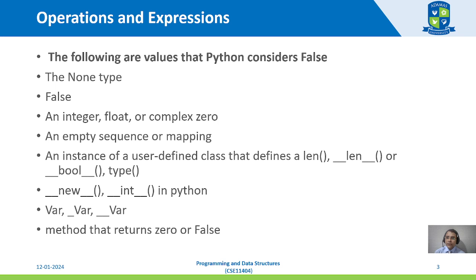Python language. That is one None type, and it is present in Python, and also False, that is actually a Boolean value, and integer, float, complex, zero, everything is present here, an empty sequence or mapping. So sequence we talk about when we are discussing list, tuple, dictionary, set, all these are sequences, and mapping we will discuss about it. An instance of a user defined class is also very important, because we know Python is an